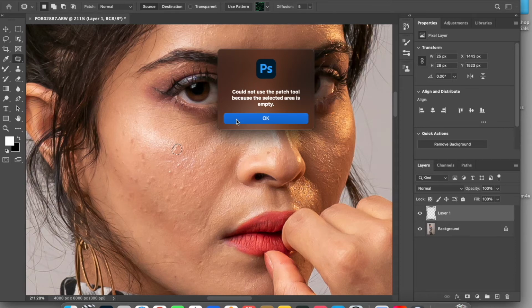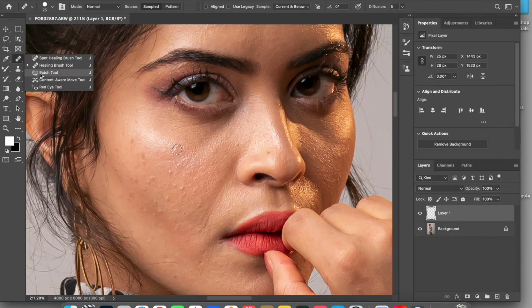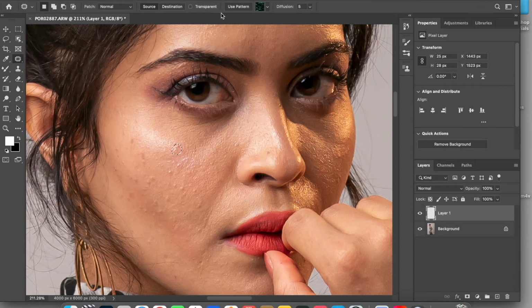Now if I would have used something else, let me show you. So I have an option to do current and below, right? Now since I have selected the patch tool, it does not give any option to do current and below, and that's why you need to work on the actual image.